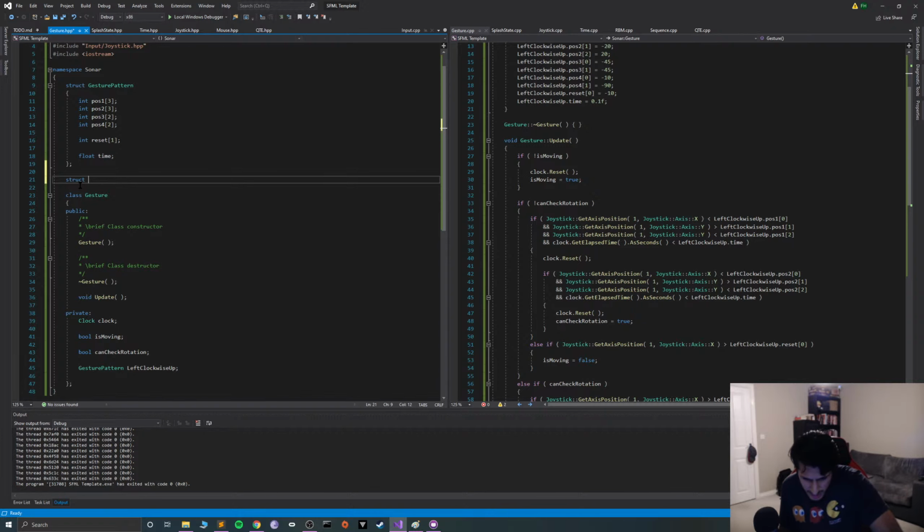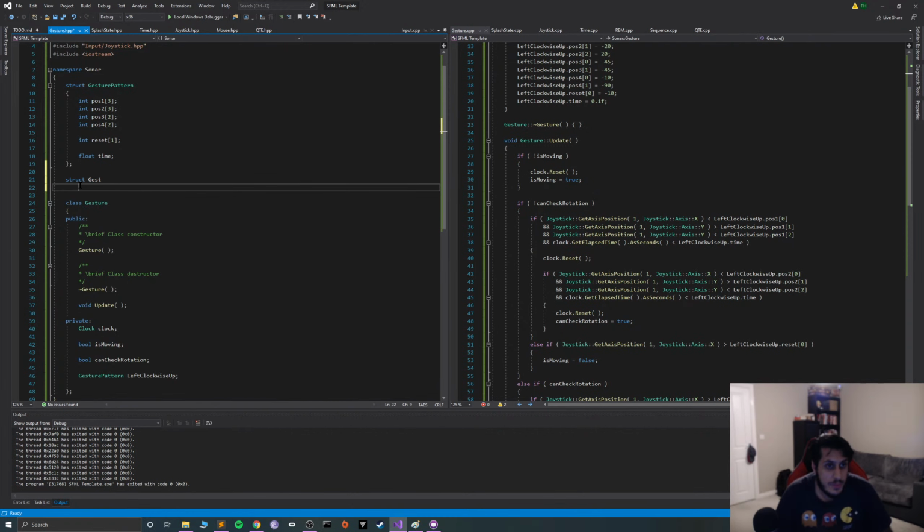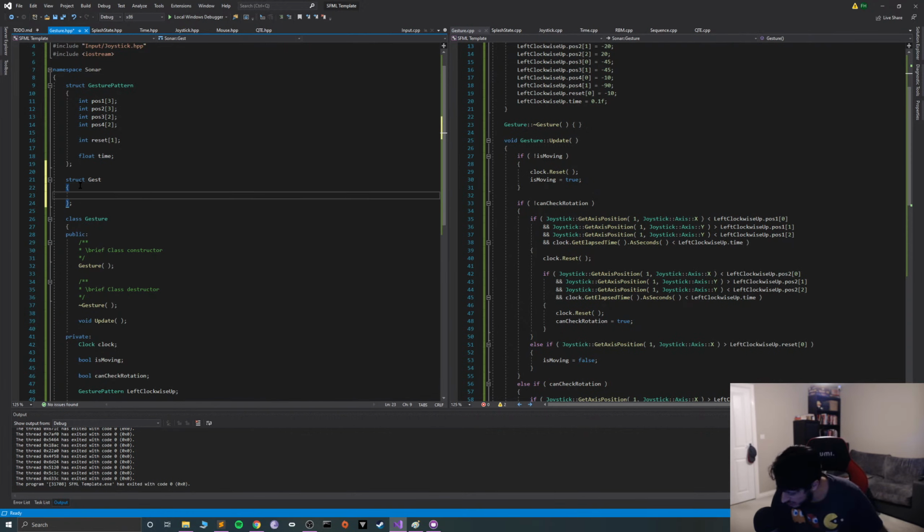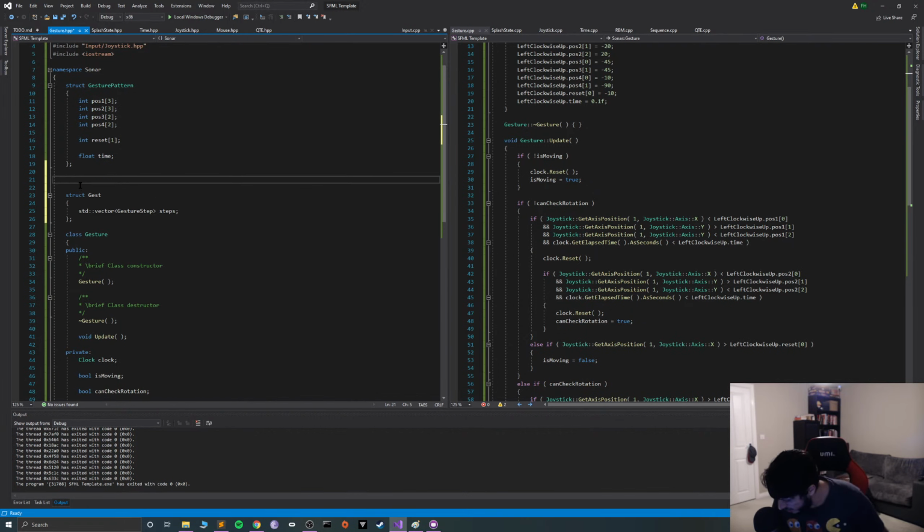Hey, that was just an idea how I would implement it. Yeah, that's fine. I'm gonna just have a quick look at it. I'm gonna call it jest, just because I've already got a gesture class. Don't like the Egyptian brace style. I will stay away from that. I know I haven't created a gesture step struct, which I'm gonna have a look at doing now. Where was your gesture step struct? Where was it? There it is. Struct gesture